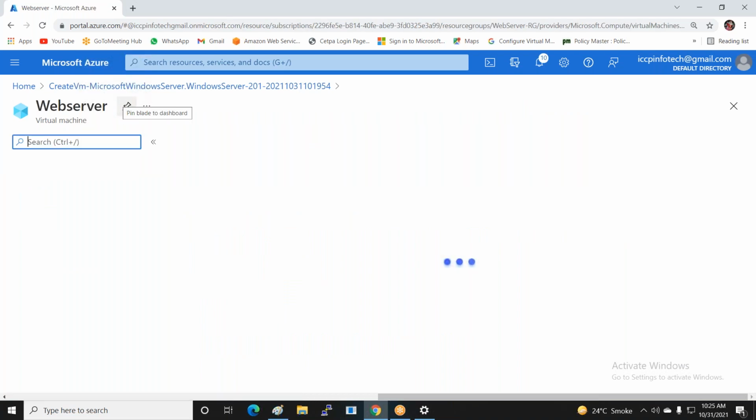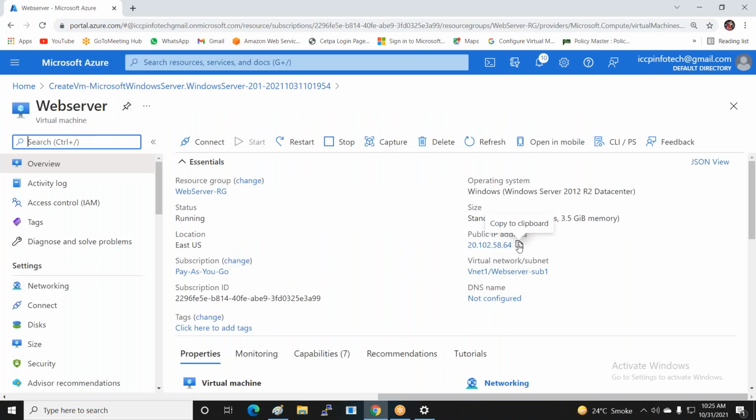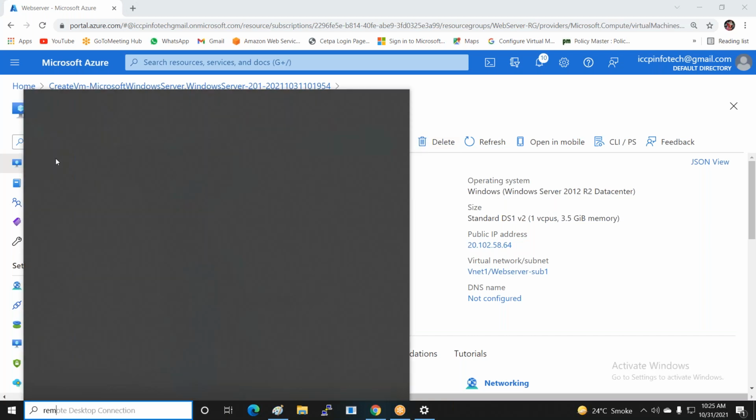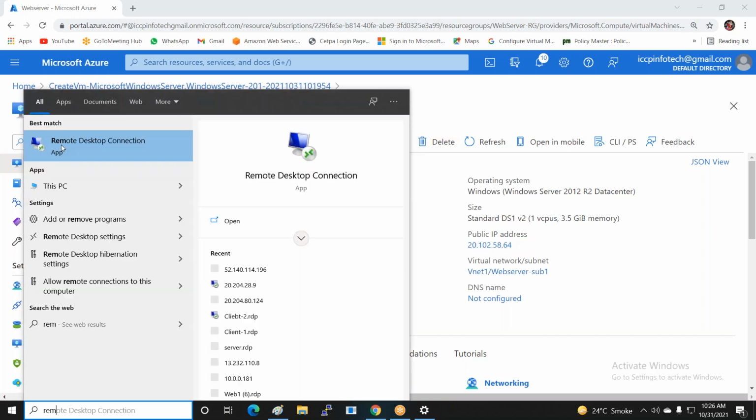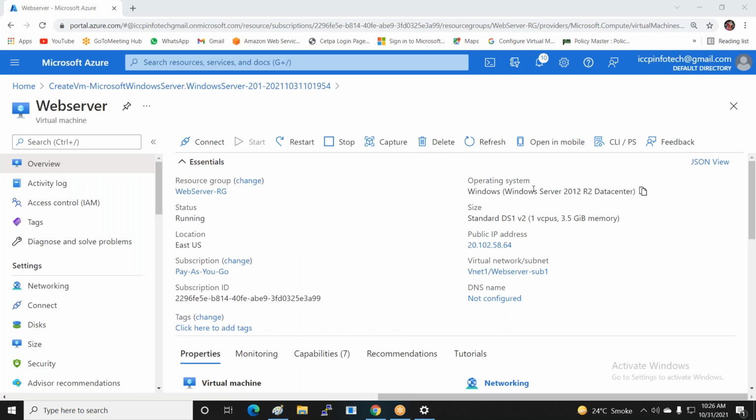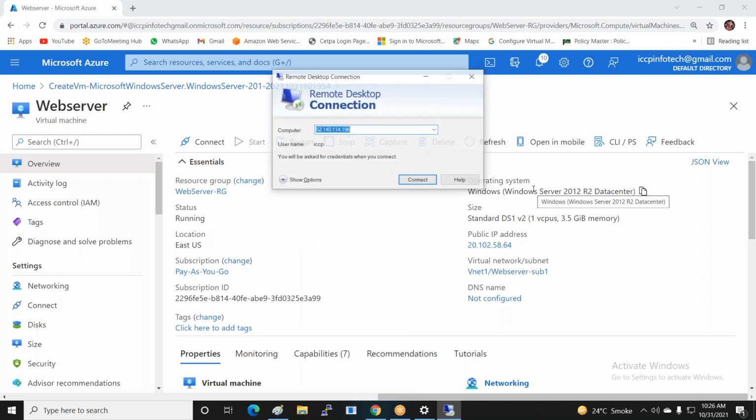Now I just log in to this server. First I copy the public IP and then go to Remote Desktop and connect.